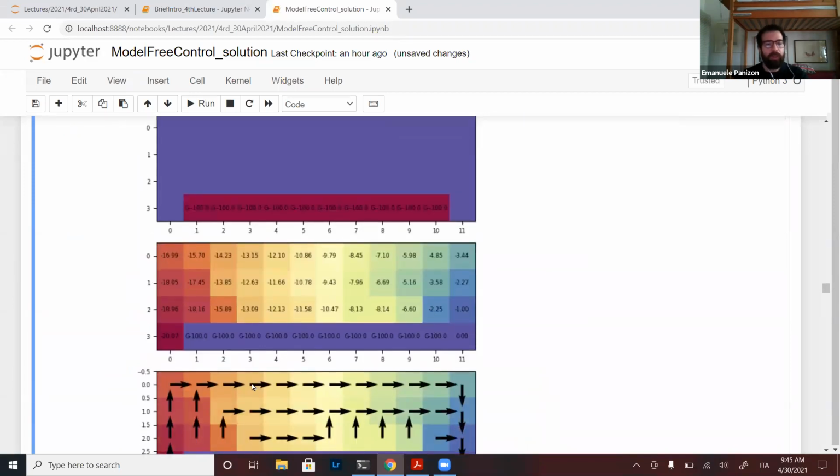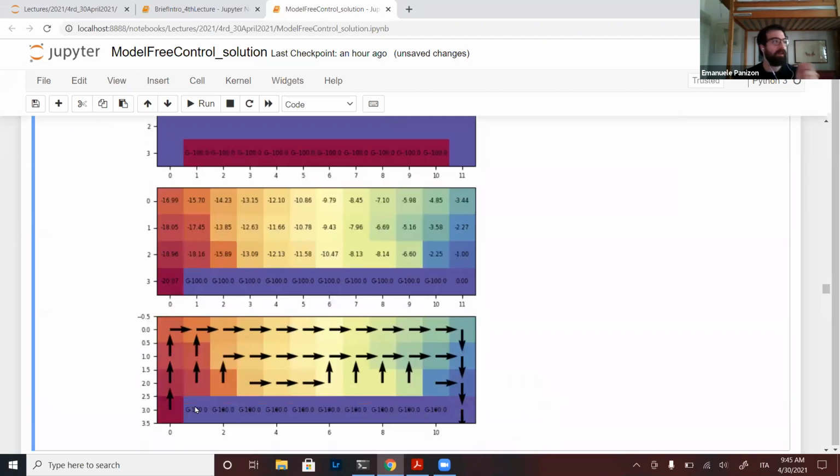Okay, so this is now the world above. This is the best Q for each state, the best value. So I'm already doing the max over the actions, and here you can say the action says, if I start here, I have first to go up, then to go right, and then to go down. Okay, and this is what Sarsa learns.